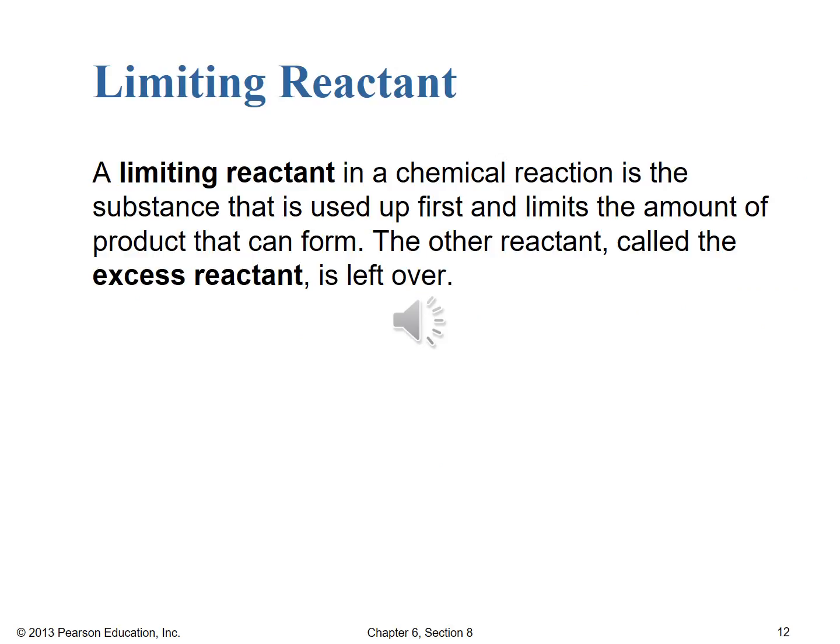So I just said limiting reactant or limiting reagent, I think I said, which goes by both terms. Our textbook calls it a limiting reactant, and that's the reactant in a chemical reaction that's used up first and therefore limits the amount of product that can form. If we have multiple reactants and one gets consumed completely, then the other reactants can't go on to form product by themselves. They may do some side reactions, and that may be why you end up with